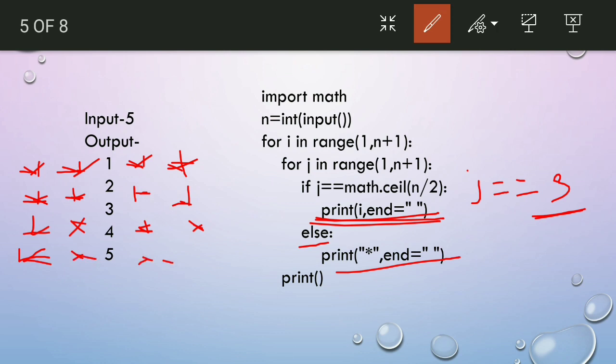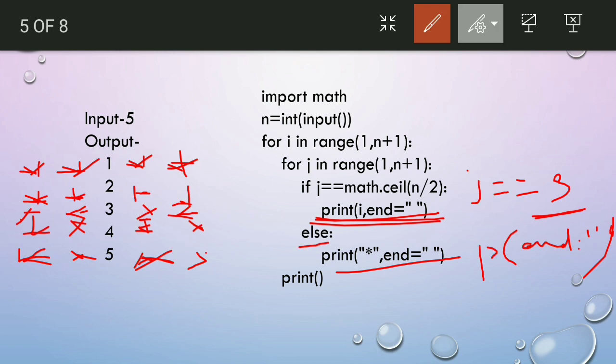Okay, here you can print the space as well. Here you can print the space as well. So nothing needs to be written, just a space here. We can write a star as well, or we can write a print statement with end equal to space here. Okay, so both are correct for this question.